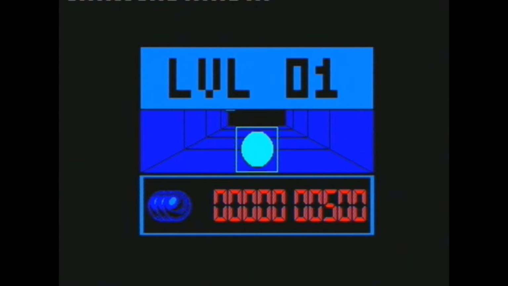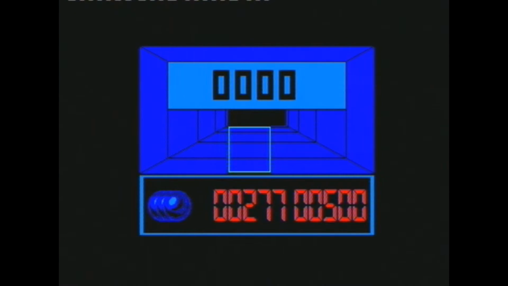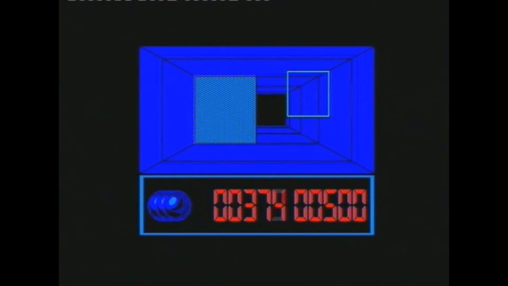Yeah, so the game, you have a ball that moves down a corridor in 3D, and if you hold down the fire button, then you will start moving down the corridor. And you've got this paddle, so when the ball eventually comes back into view, you just have to stop it going past you. There we go. It doesn't move automatically, you do have to hold down the fire button. And you've got these